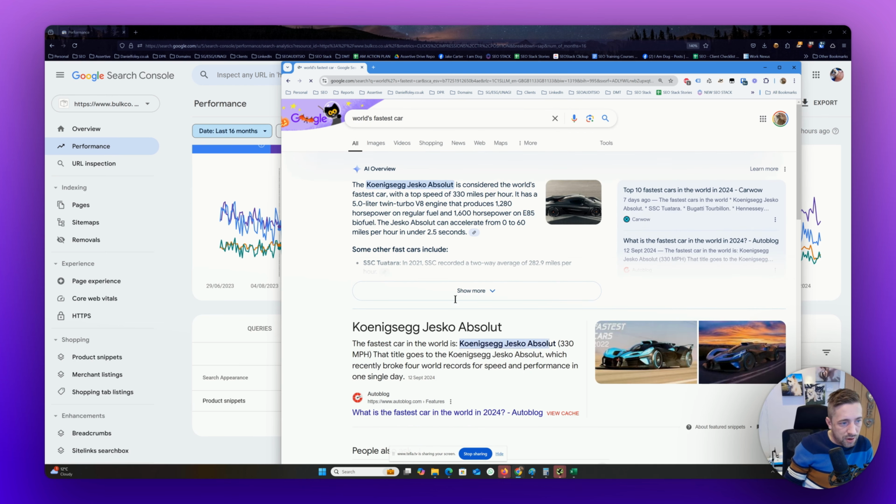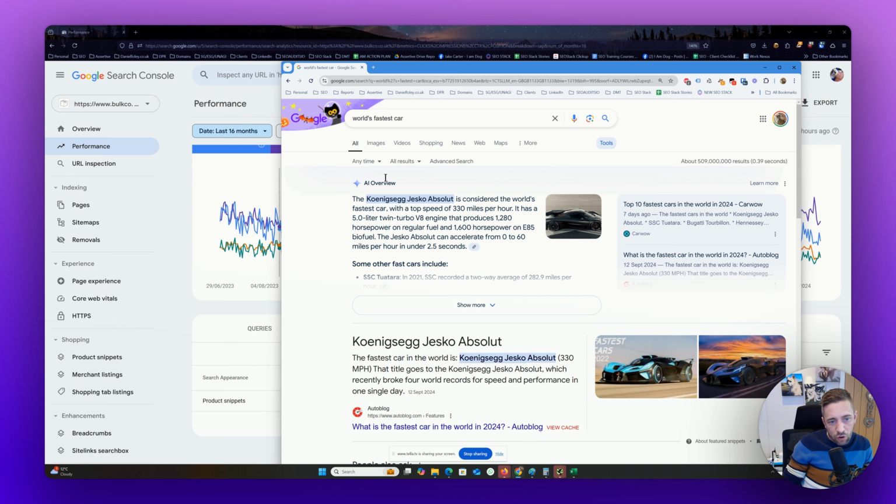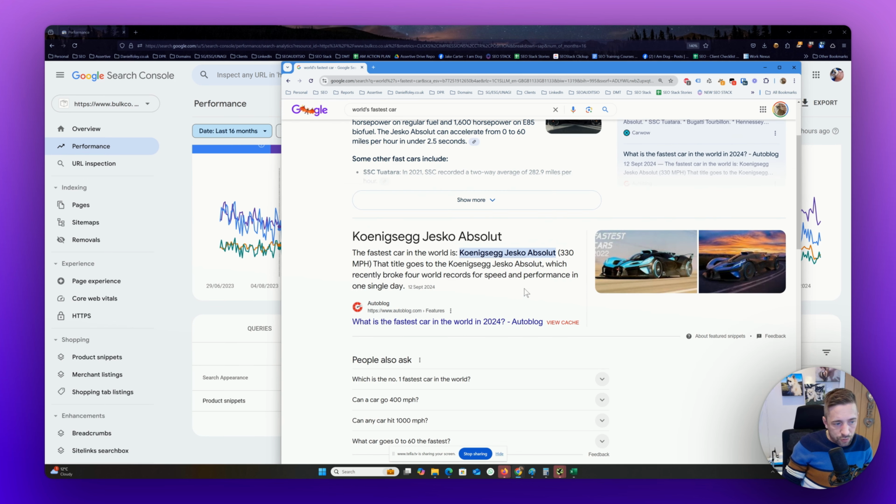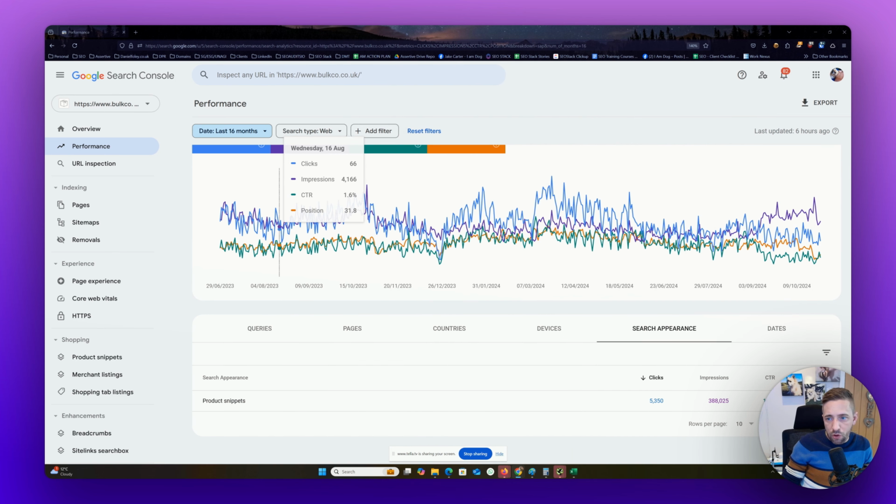Let's see if I can find an example. So this is an AIO, Google AI overview. And we can see here, this is a featured snippet. So inside